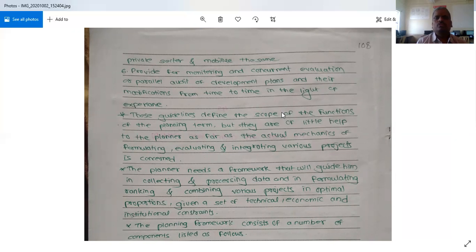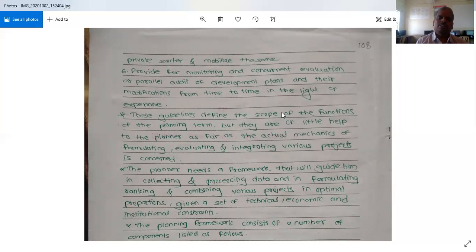Next is provide for monitoring and concurrent evaluation or parallel audit of development plans and modifications from time to time in the light of experience. The one thing what happens is always the government brings new policies, it starts implementing the new policies. The main problem of the government plans, or the failure of the government plans, is improper monitoring. So what we have to do is set up a monitoring team that will be monitoring the project from the start to the end,